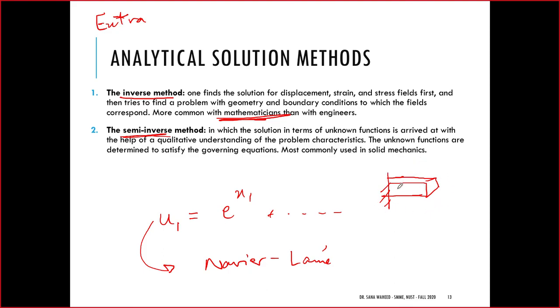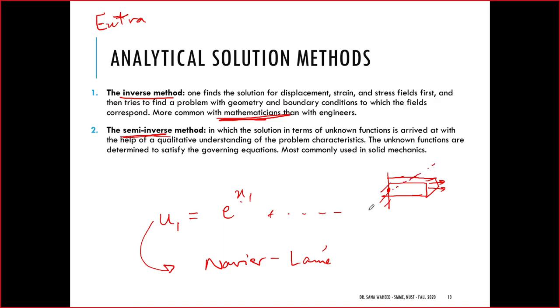So for example, I can see that if this uniaxial load is applied this way, I can tell intuitively, looking at the physical problem, that the stress should be completely uniform. There is no reason why the stress should be increasing or decreasing through this. It should be uniform. And for example, if I were to think that the displacement field is some exponential function, that also makes no sense. Why would it be exponential? Here it is zero, here it has some value. So to me it makes sense that it should just be a linear function,